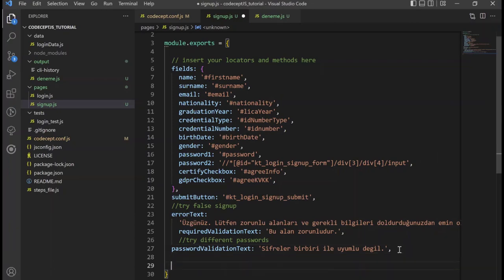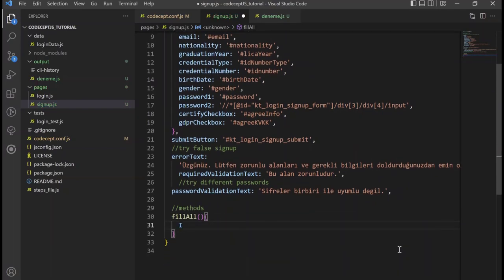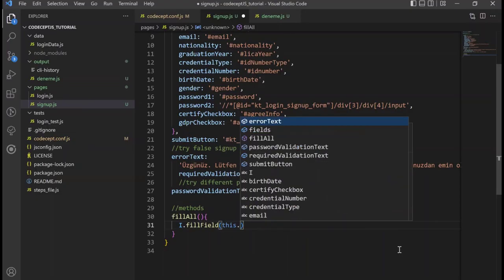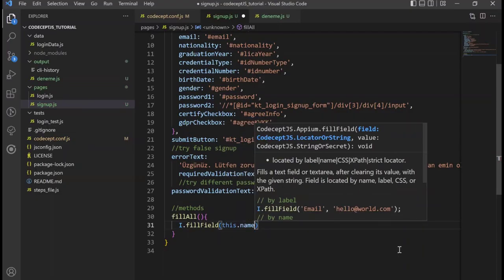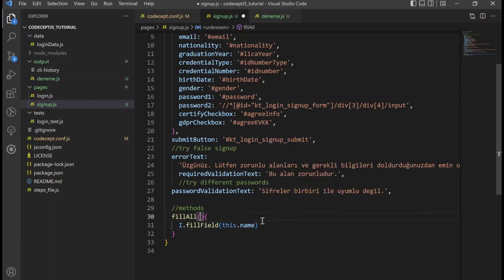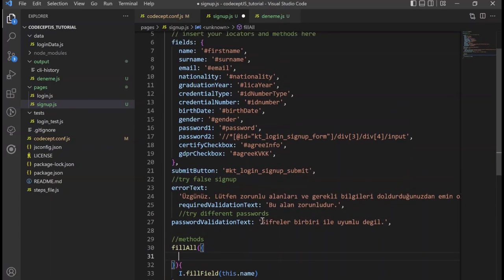Now I am going to add two methods here. First one is fill all, which will fill all the fields. So how will we add all these parameters to our method?